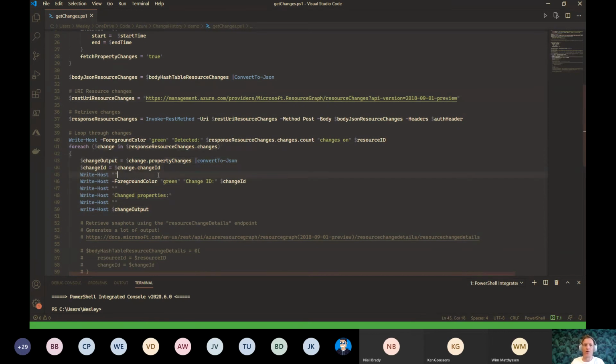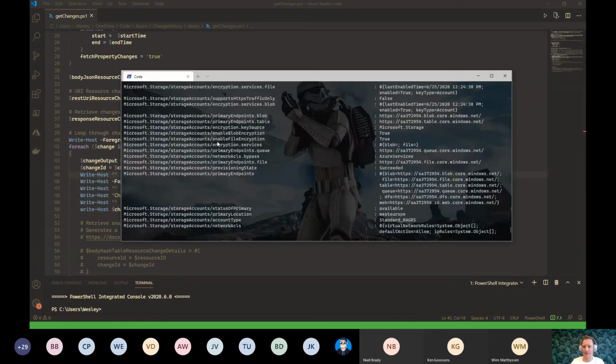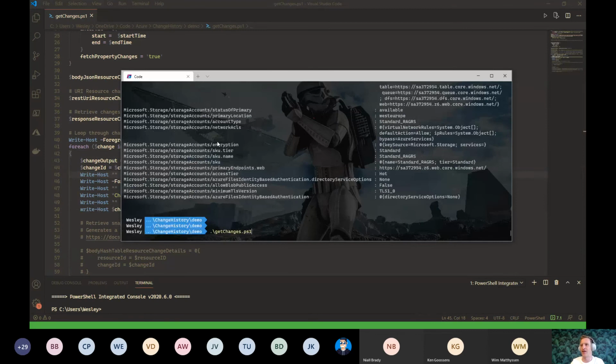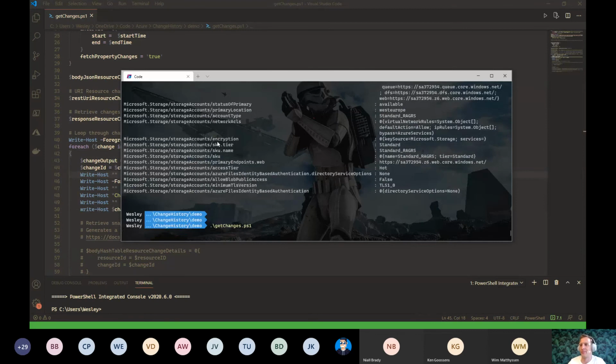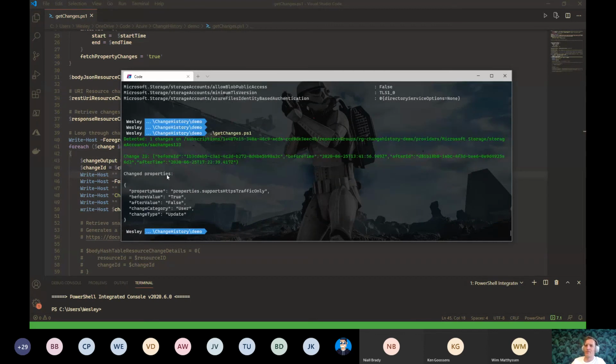Some output to make it readable. And what would happen is if I run this, get changes.ps1, it will return that the change property for that HTTPS, for that search account, the before value was true for properties.supportsHttpsTrafficOnly. Keep in mind that this returns the actual property and not an alias. So it was true and it's set to false, and the change type was an update, so I updated the